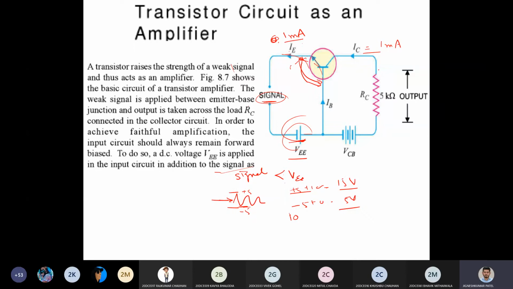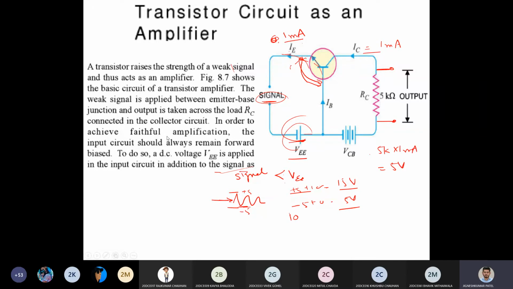Now if you take a voltage reading over here, 5 kilo ohm into 1 milliampere change at the output side is a 5 volt signal. So by just changing 1 milliampere, I gain 5 volt. Why? Because the output resistance is very high, and due to that, a 1 milliampere change at the output side results in 5 volt. That's a large magnitude. So this is how your signal works: a weak 1 milliampere signal is converted into a high signal of 5 volt. This is just a representation, an example of how it works.